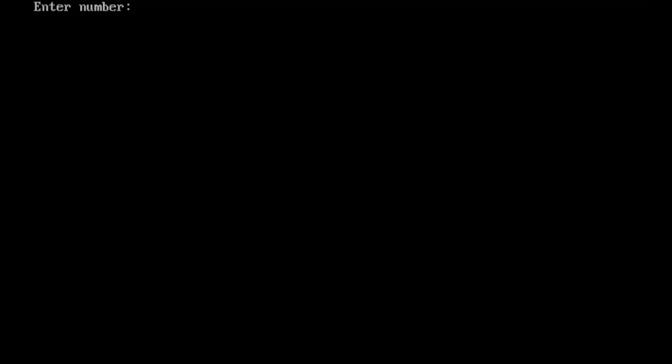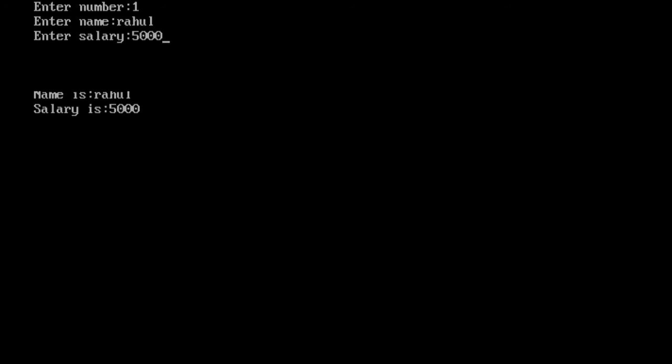It will ask me to input 3 values, number, name and salary, and it will display the data on the screen. As I have told you, the output would be the same in all the programs. There is only a change in how we call the particular function, or in the declaration of a function.